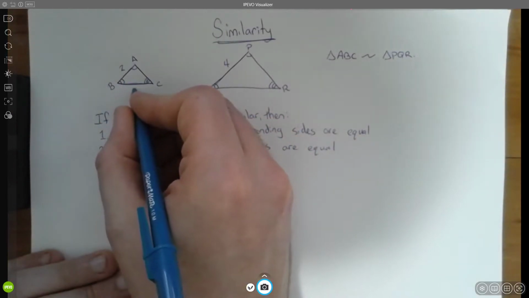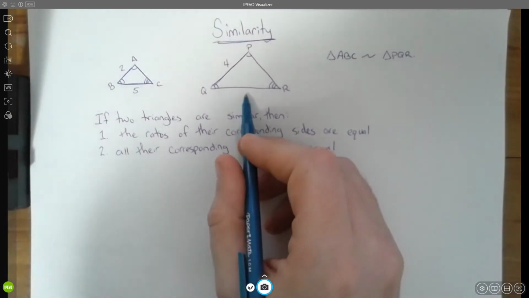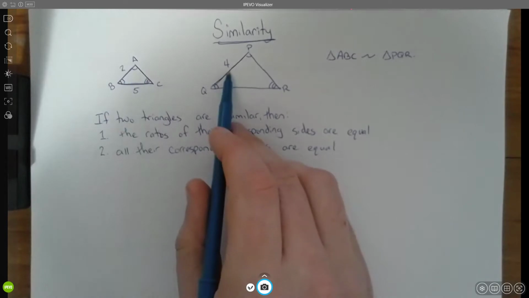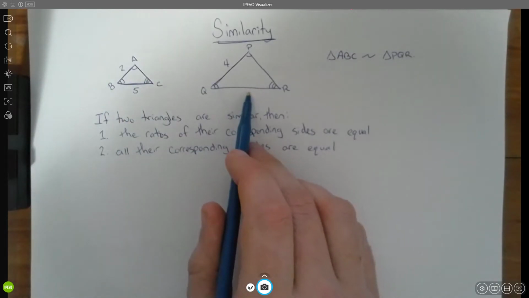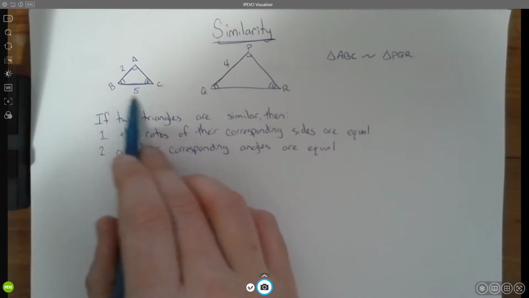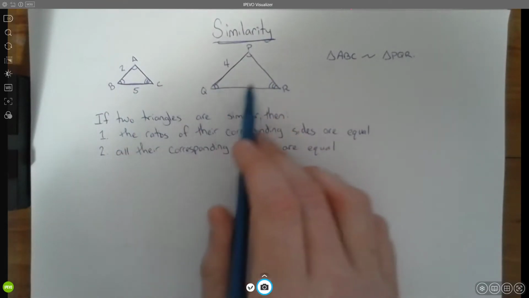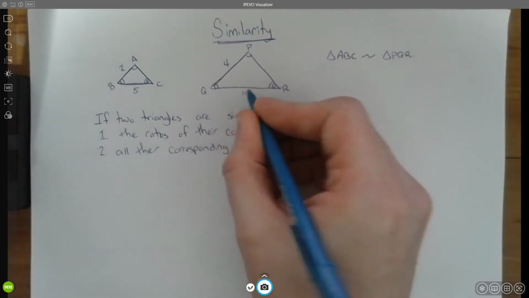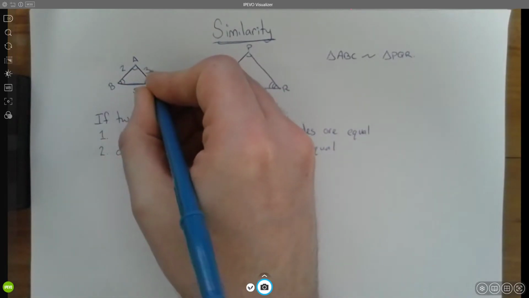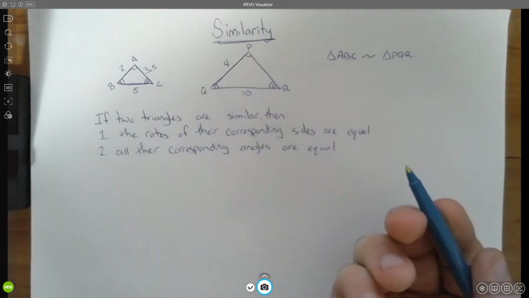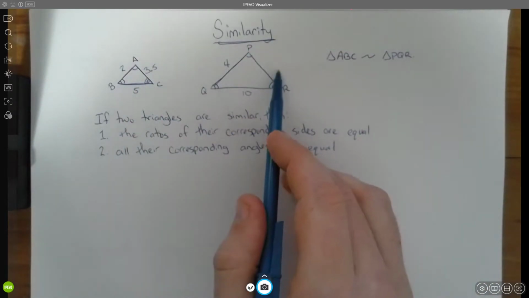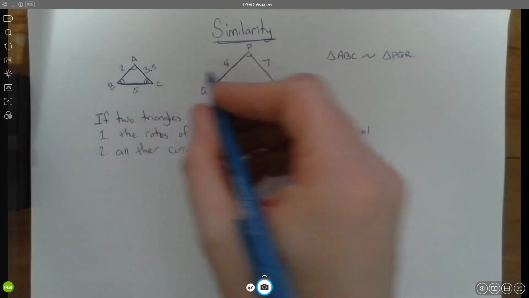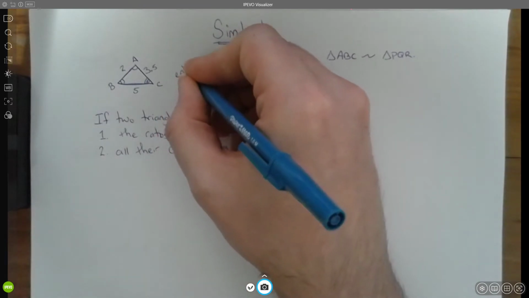If this was 5, I'll give you a minute to think about what QR is going to be. If we had to double to get from 2 to 4, think about what this new side length needs to be if this original one is 5. Remember, this triangle is twice the size, or 2 times the size. And so, yes, this would be 10. If this was 3.5, we double that to get to this new side length, and we get a side length of 7. So this one is what we would call an enlargement